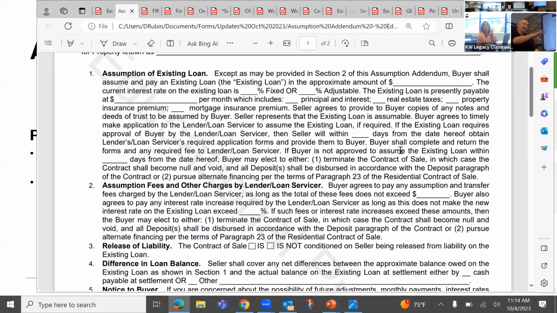But I think this would be the first step, and then if it doesn't work out, section 1.2, you can pursue alternate financing per the terms of paragraph 23, and then that would trigger those timelines, I think. So I think this would be A, and then it would go down to B. But if this is something you're contemplating, we need to go through all the different iterations of the example. If this is something that actually becomes where people are interested, we'd definitely go a little bit deeper into it, sit down and make sure that we're crossing our i's and dotting our t's.